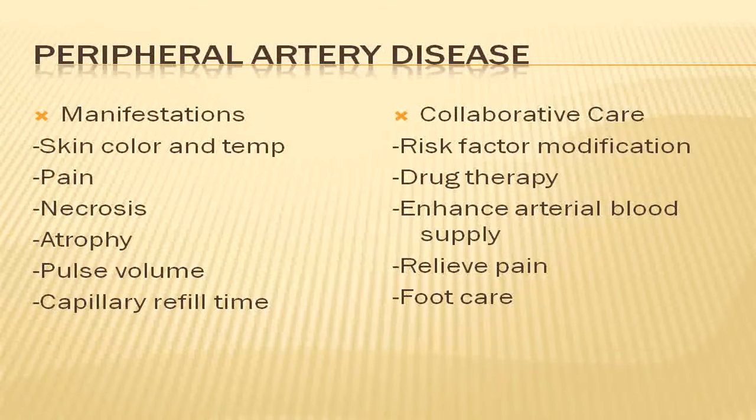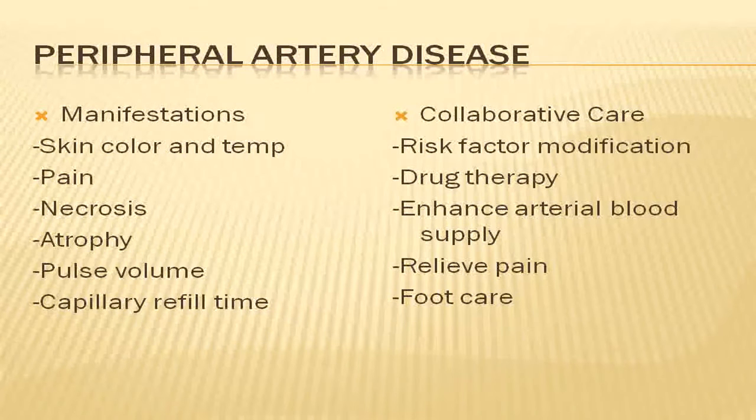Also, we may note a bruit in an area that is affected by peripheral artery disease. If you remember what a bruit is: blood flow pushing past an area of occlusion. And so when you're auscultating over maybe a carotid artery, we're listening for a bruit. We don't want to hear a bruit. That would be an abnormal finding, but it's a swooshing, sorry, I have to demonstrate, but it's a swooshing sound that we hear as a result of blood pushing past